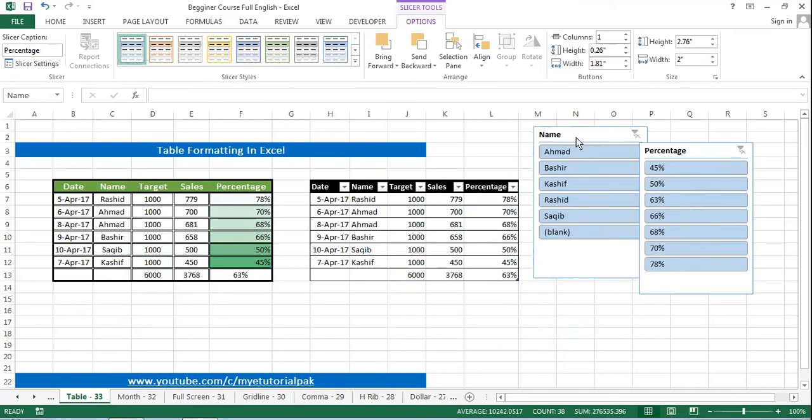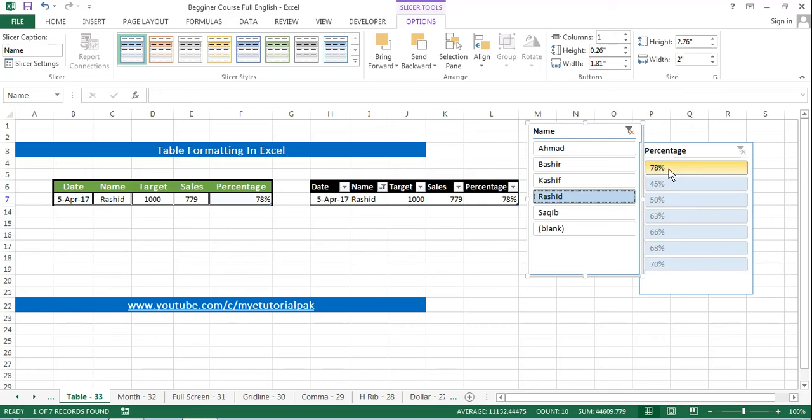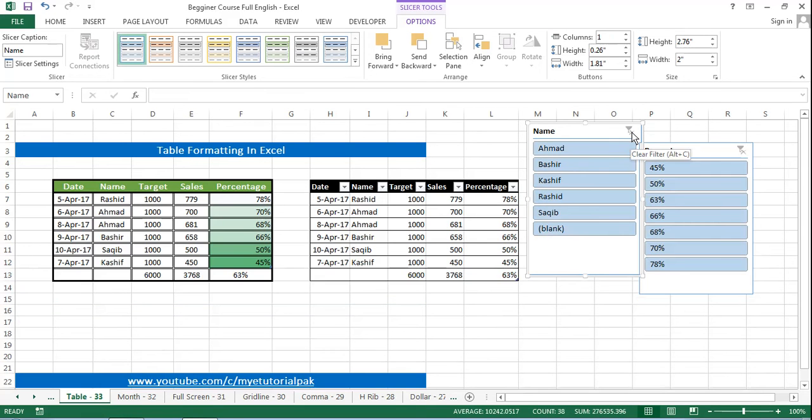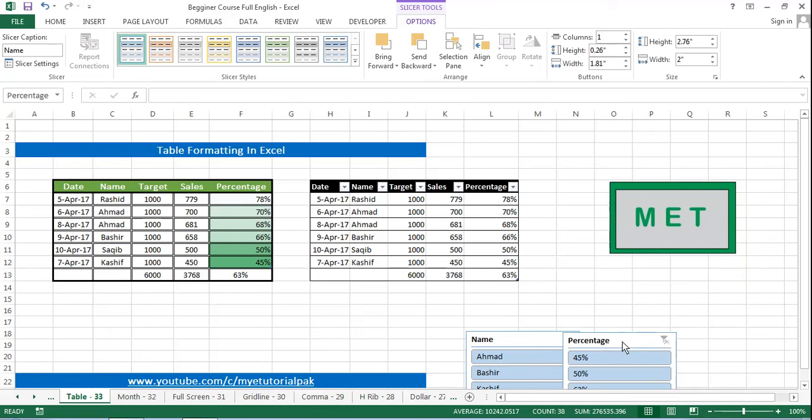Then I will select Ahmed, so it will be showing that there are two Ahmeds with the percentage of 68% and 70%. If I click on Rashid, it will give me 78%. So these are the table slicers. Okay, let me drag it here. So you can